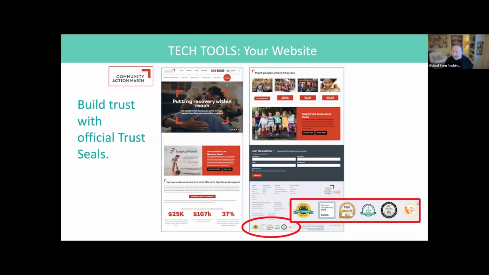So they've got these 6 trust seals. They also put the trust seals on the bottom of their donation pages. They put them on the bottom of their annual reports, their impact reports. But this was sort of another example in that same kind of theme around trust that I just wanted to